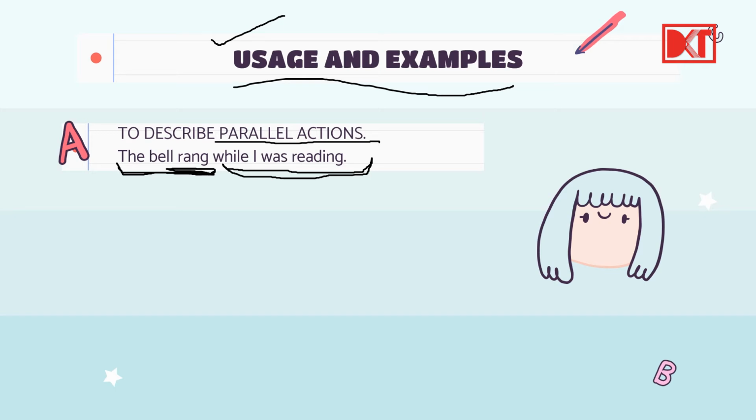I was reading and then उसमें एक parallel action हुआ और उससे interrupt हुआ, and that parallel action is described in simple past. The bell rang. Okay. So जो action interrupt हुआ है, that is used in past continuous. Alright. Now next,